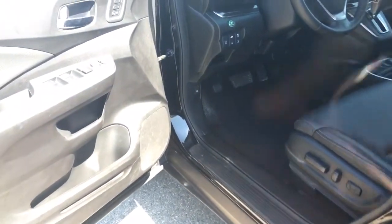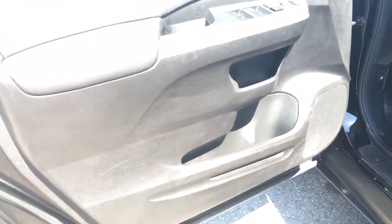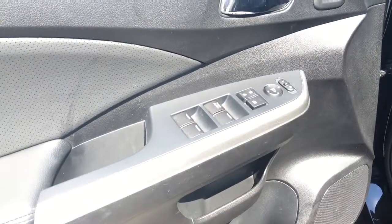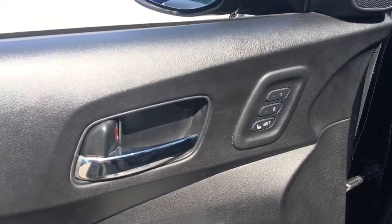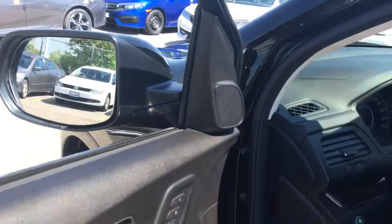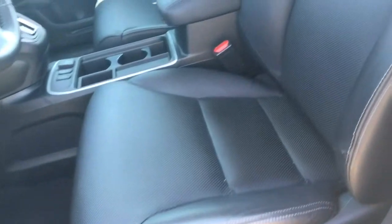We've got the blacked out door sill down below to keep from unsightly scratches and help maintain cleaning the vehicle. Tons of cubbies up here for storage, your full power amenities including doors, windows, locks, and even mirror controls. We've got the 2-position driver memory seating as mentioned, expanded driver view mirror, our tweeter speaker. And keep in mind that you're going to have a 10-way power adjustment for the driver, front heated seats for the driver and passenger,